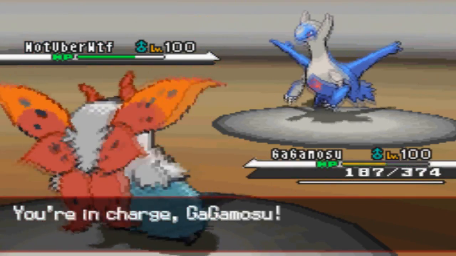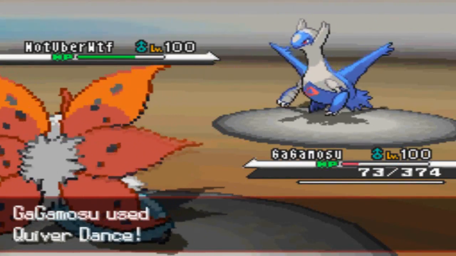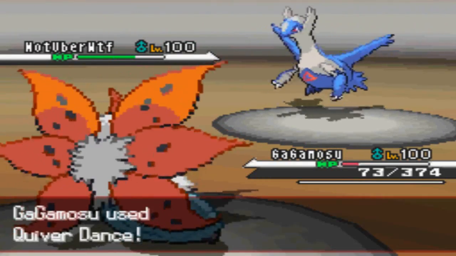And here I go into my Volcarona, and I totally get hit by the Stealth Rocks, but I do want to try to set up. I think I can, and the Draco Meteor at -2 doesn't do that much, and he gets the -2, I get my +1 special defense, so I should be able to take the next one. So I'm gonna go with the